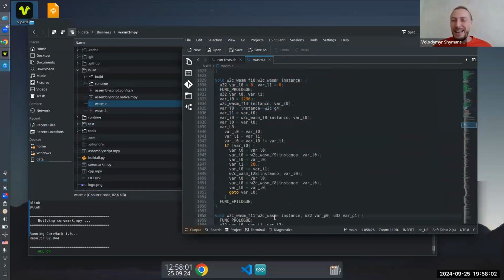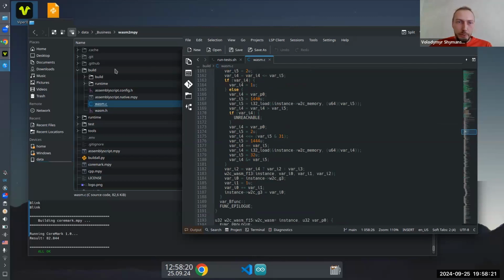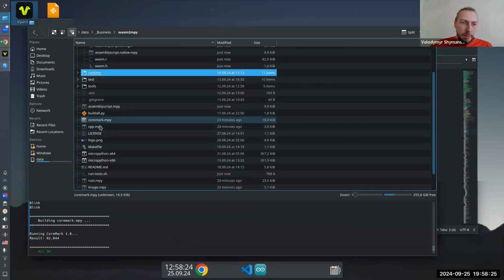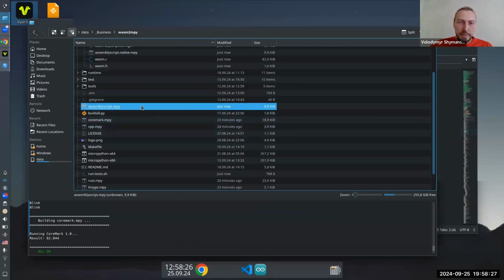This is basically assembly in a C syntax, and that's what we are getting as a result of converting WASM to C. All of this code, along with the runtime, is linked into the MPy file, and we are getting this tiny, like 10 kilobyte package.